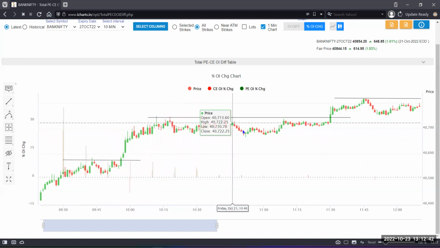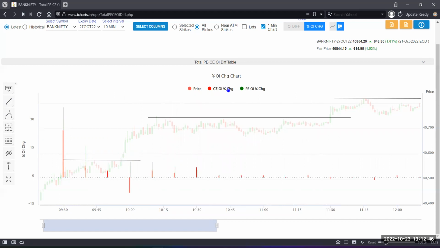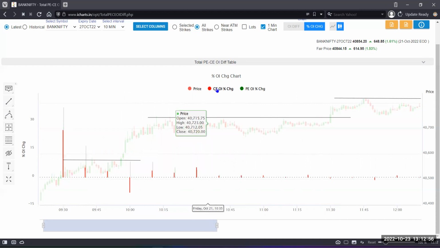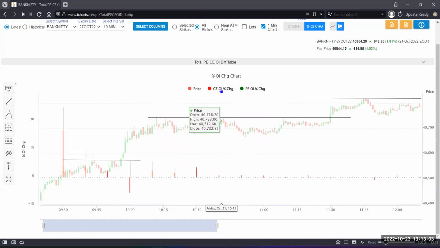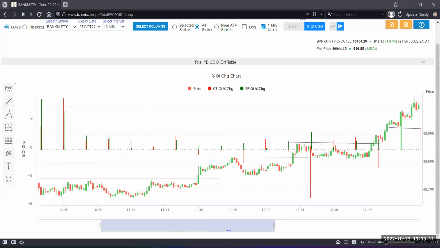Now, after this, again, we got a consolidation. During this consolidation, again, monitor this. If you see, I've put my cursor on the call side. So you'll see that initially, at the start of the consolidation, some buildup was there on the call side. But later on, as the consolidation progressed, you'll see that the call side buildup decreased significantly. And what is happening to the put side? Put side also decreased significantly. But